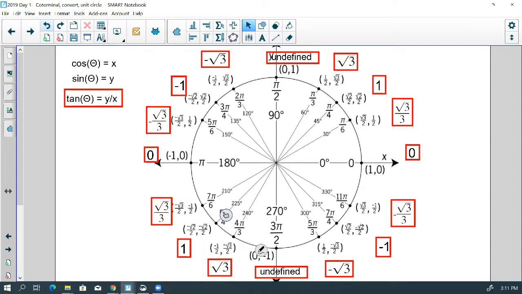We all know that the cosine of any angle is the x value to where that angle meets. The sine is the y value to where that angle is. But the red boxes all represent the tangents of those angles. So remember, tangent is y over x. So just very quickly, if you have the tangent of, let's say, 5 pi over 6,